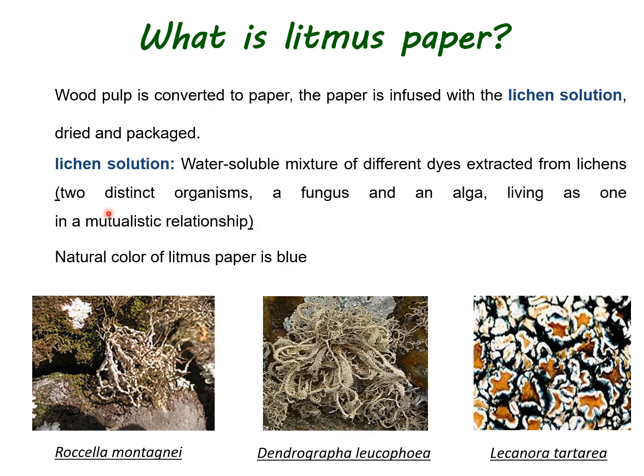The natural paper gets a blue color when it is coated with these dyes. This blue color, when it comes in contact with some acid, turns red. So for producing red litmus paper, this originally obtained blue litmus paper is treated with some acid, dried, and used as red litmus. So phenols are weakly acidic, but they are sufficiently acidic to turn blue litmus red.